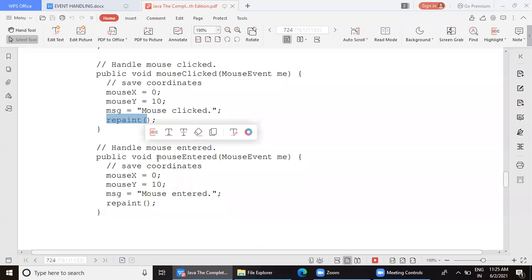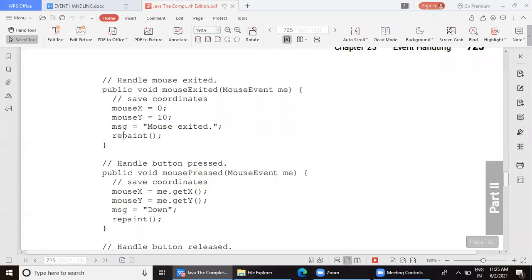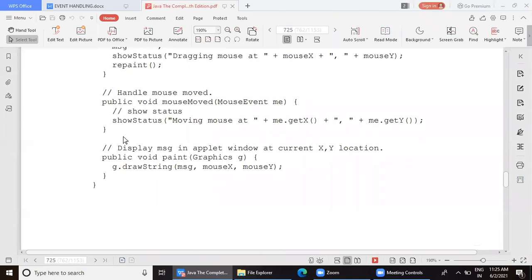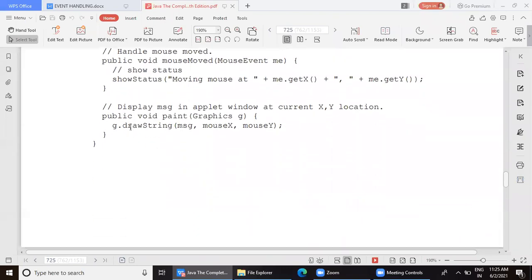Let us see what this repaint does when the paint is called. Instead of referring to it later, let us jump to that paint method. So I'm going down here where the paint method is declared. Can you see this part I've highlighted? Yes, ma'am. Now the paint method, as you all know the syntax: public void paint, and it takes the parameter of the Graphics class, Graphics g normally. It can be named anything else also, but we have to take an object of the Graphics class here.